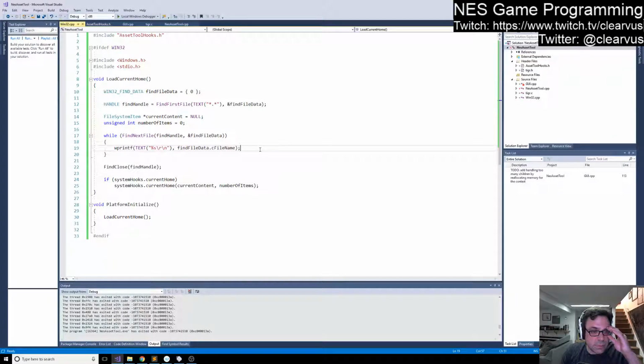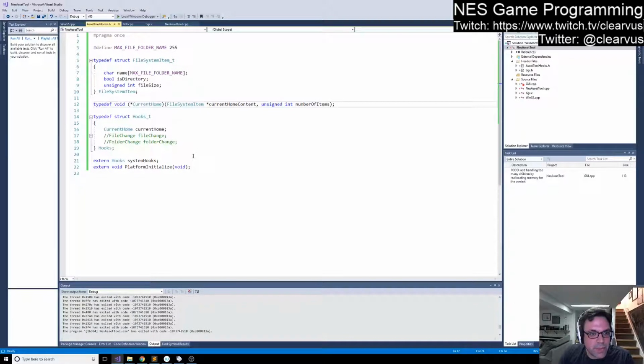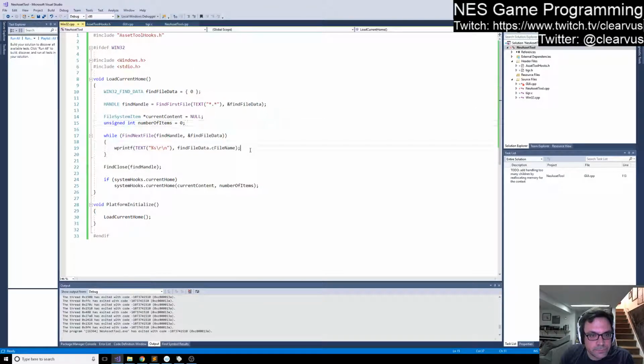So now we want to actually build the list of the file system items that we are going to be passing to the application on startup. So what we want to do is, instead of making this null, we want to allocate some number of items